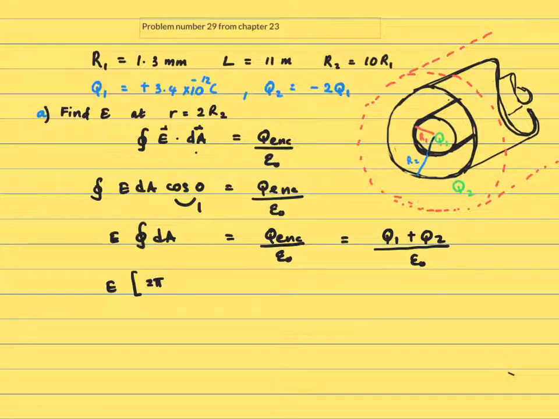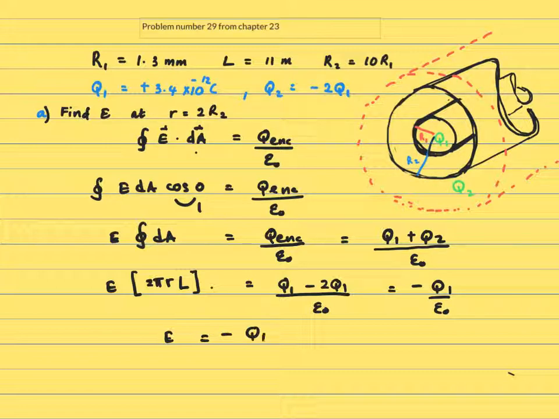Okay, 2 pi r, and the length of the cylinder is L. On this side I have Q1, and Q2 is negative 2 Q1, which is what is given in the problem. That makes it negative Q1 over epsilon naught. So E equals negative Q1 over 2 pi r